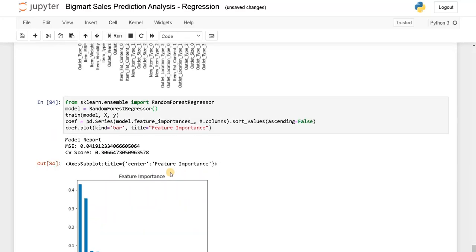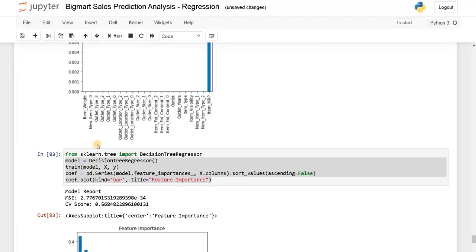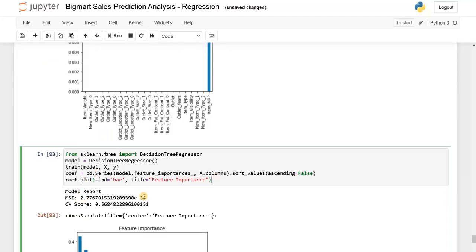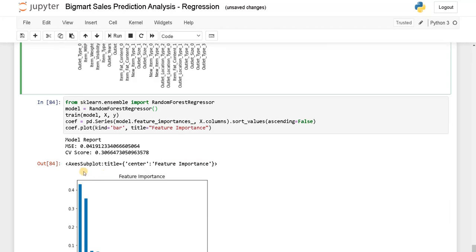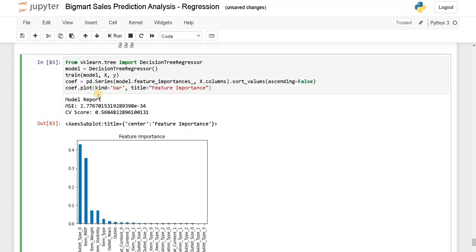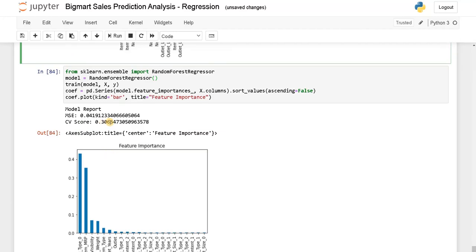Okay. Yes, this is somewhat a better MSE. Here you can see it didn't overfit like it did in the decision tree. If you overfit, it will display the training data exactly as it is. Because of the random forest, it includes some randomness, and the cross validation score decreased from 0.5 to 0.3.